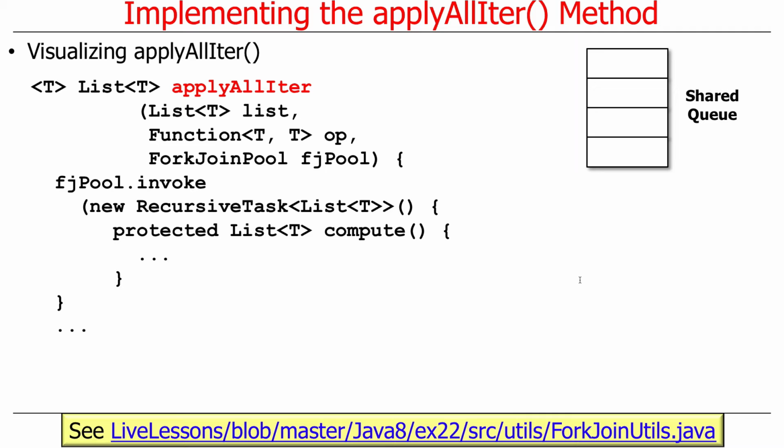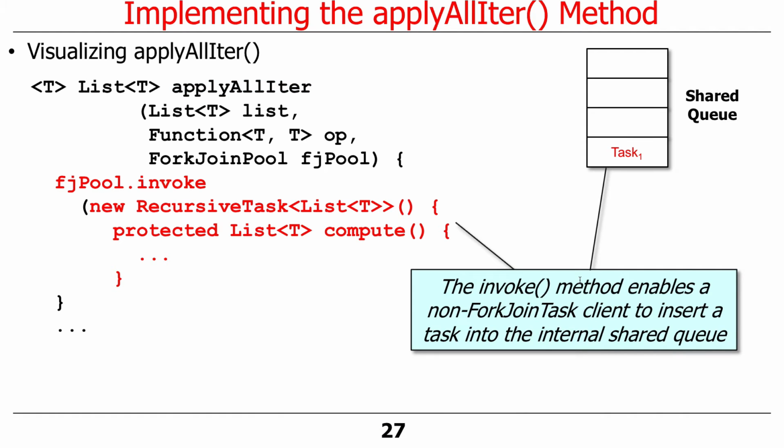Right now, I'm showing the code first, but I think when you see the visualization, it'll make more sense. So keep in mind, this is the applyAllIter helper method. That's what we just looked at. And when this thing starts to run, the fork join pool we have here has a shared queue. This is the shared queue that's used to take items from non-fork join task clients and get the data into the fork join pool. So when we say fjpool.invoke and we pass in this original anonymous inner class, the invoke